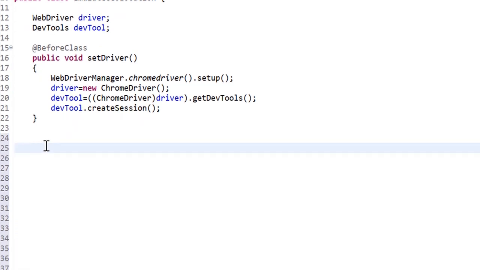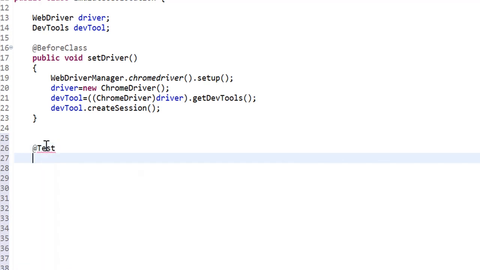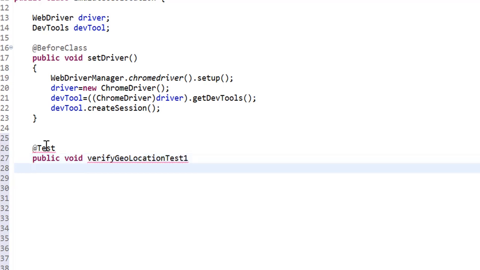Let me create a test. Public void, and the method name verifyGeolocationTest1, something I'll say.